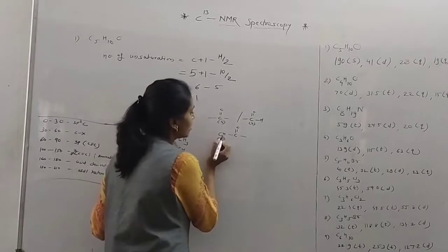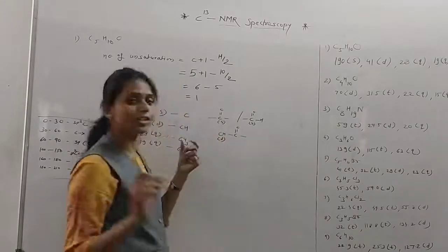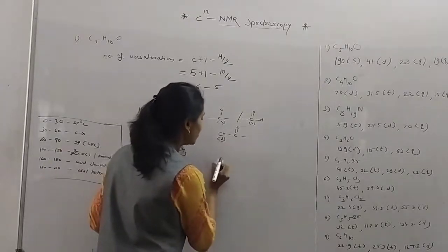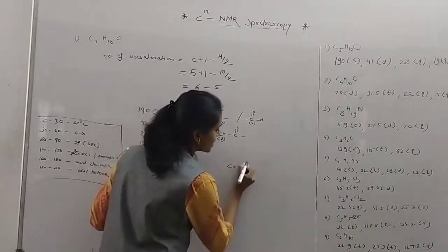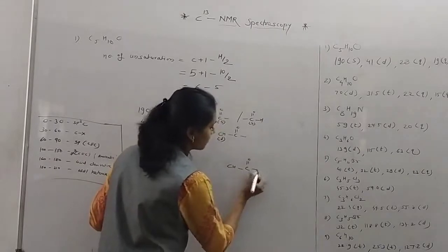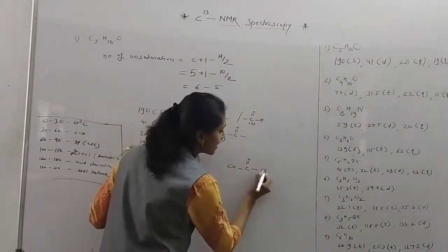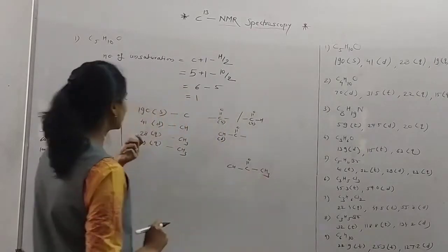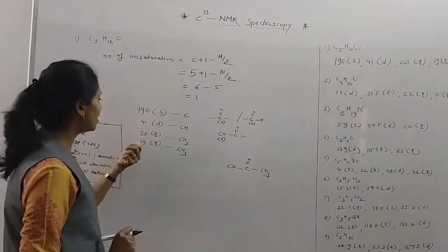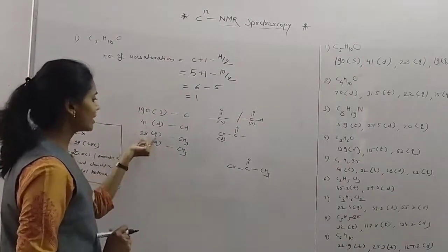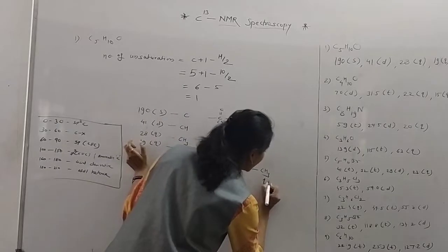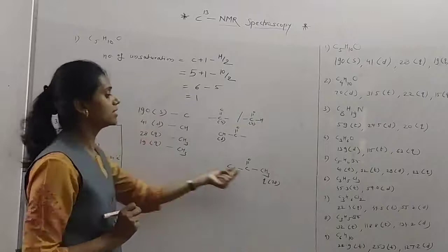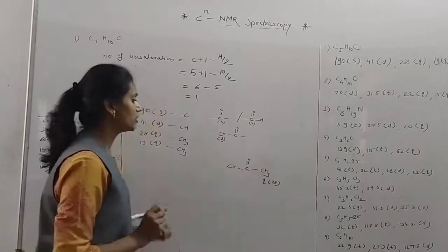It is attached to another carbon, and you know that the valency of carbon atom is 4. Now this type of structure you have obtained. This is the fixed structure I have considered. If I consider the CH3 group here, it is attached to the electron withdrawing group. As the value difference is more, I consider this a quartet, but it gives the signal at 28 since it is nearer to the electron withdrawing group.